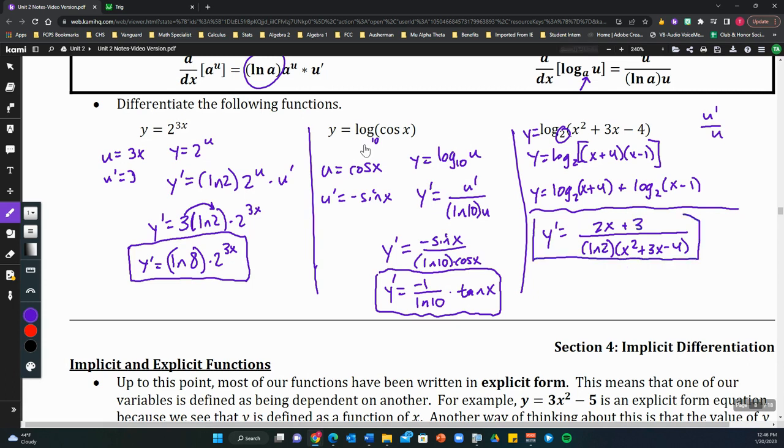So you can see not separating it is actually going to be a good bit faster and easier to do here. This would still be the same result if you had ended up separating and finding a least common denominator, but this is a good bit more straightforward. We can kind of jump right from the original straight to the derivative. So that is it for the